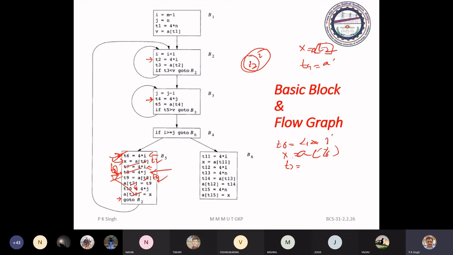T9 is AT4. Okay. And T7 is T9. 7 will not remain because you already have 6. So, okay, you will see in the slide.